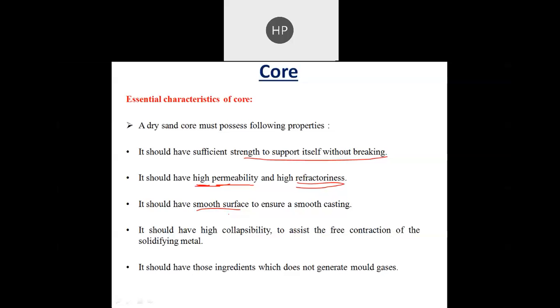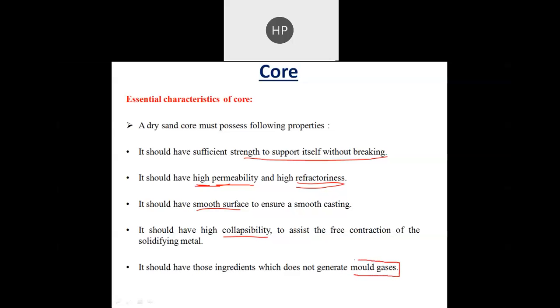Then it should have high collapsibility to assist the free contraction of the solidifying metal. It should have high collapsibility. Collapsibility means it can be easily broken after the contraction of the solidifying metal, so that we can generate a hollow cavity. And it should have those ingredients which do not generate mold gases,